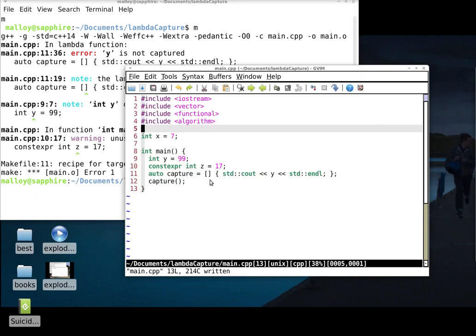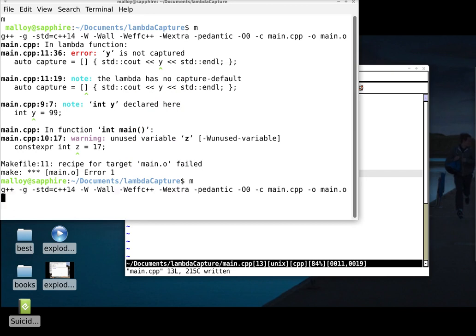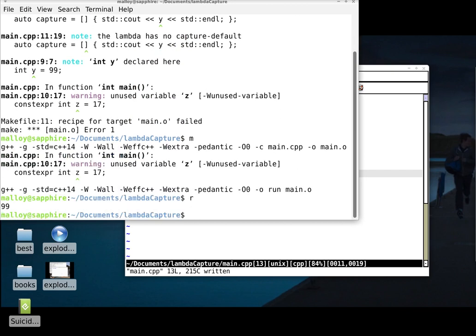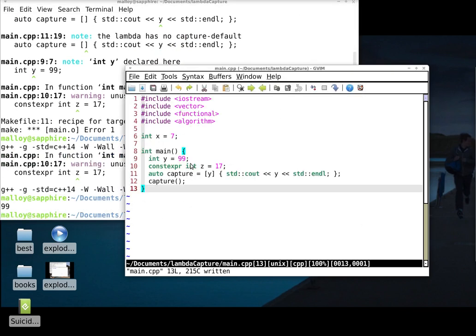So what we've got to do is capture it in the capture clause, and we're going to capture it by value because we're not changing it in there. If we were changing it, we'd have to capture it by reference, and we get the local variable here. So not a ringing endorsement for capture clauses, but it demonstrates some of the rules that you can read about